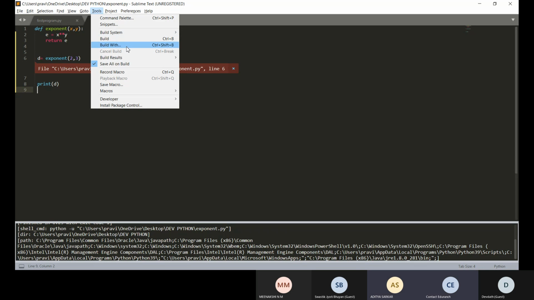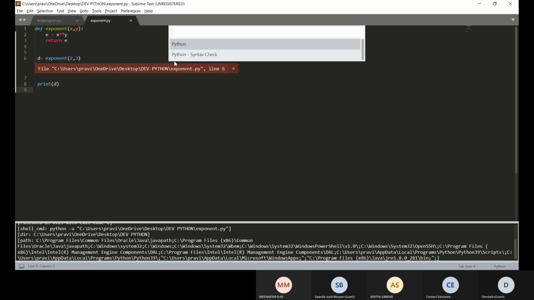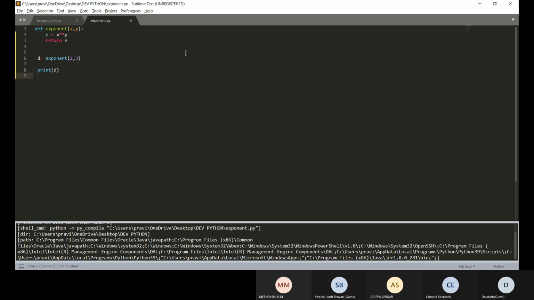Yeah, let him figure it out. First of all, it is telling you on which line there is a problem. So check which line. They said line 6. Yeah, see what is wrong with line 6.